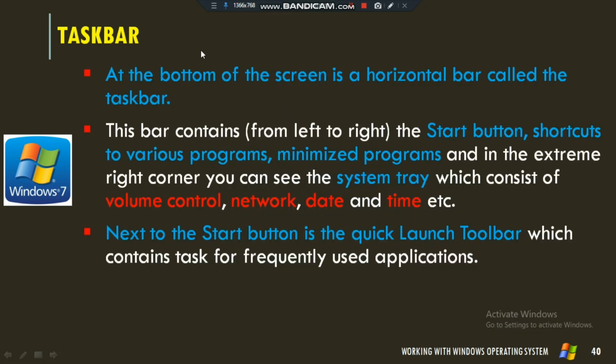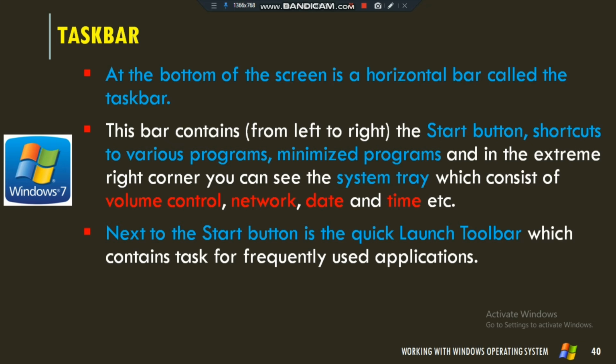So the task bar, I already told where the task bar can be placed. At the bottom of the screen is a horizontal bar called the task bar. This bar contains, from left to right, the start button.